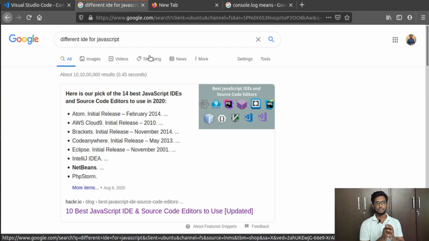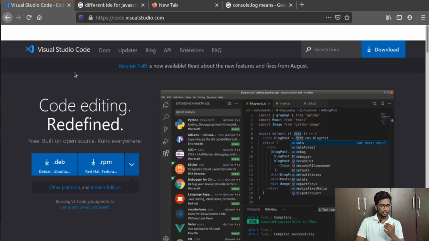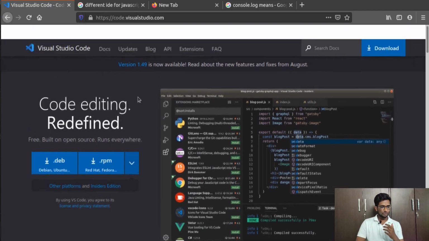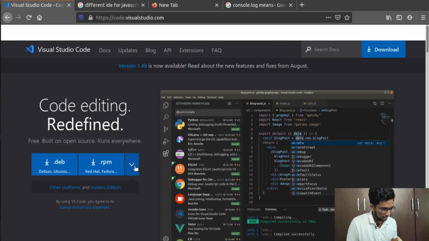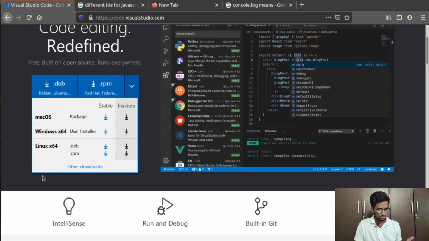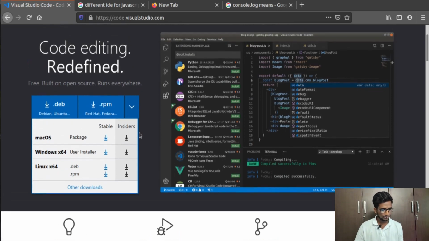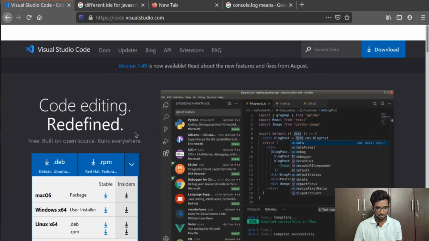So firstly, to install Visual Studio Code, I am providing the link in the description. Just go through it and this is how it's going to look if you open the link. Visual Studio Code is cross platform, so you can install it for Mac, Windows and also for Linux users. If you click here, you can download any option for Windows, Linux and Mac OS. You can download any one of your choice, and that is the best thing about Visual Studio Code. If you click on download, it will automatically download and you can also install it.